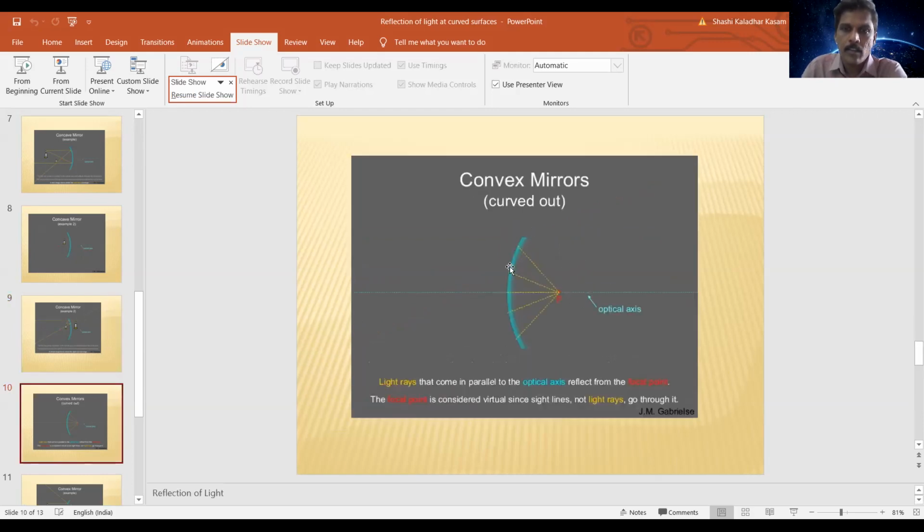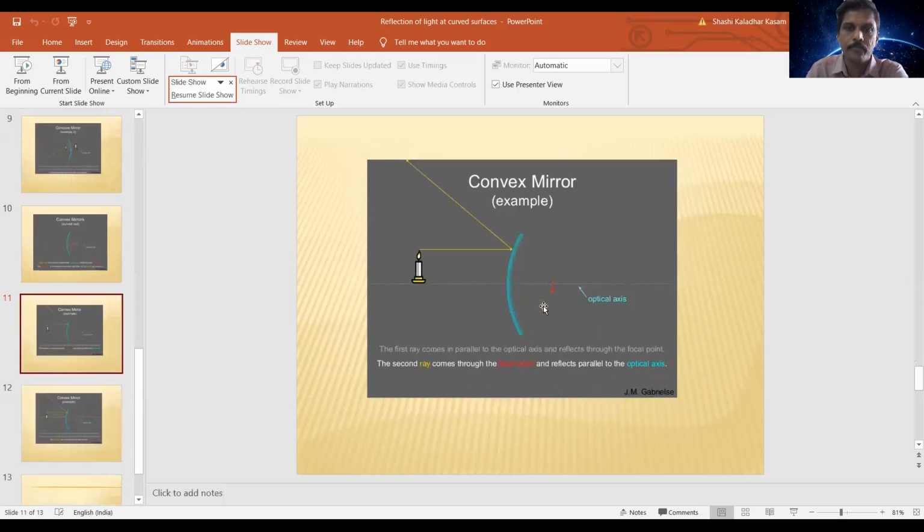See here, if you take a convex mirror, the reflecting surface is outside, it is a divergent mirror. Divergent means all the rays incident on the reflecting surface, after reflection, are not going to meet at a point. If you extend back the rays, they seem to meet at a point on the principal axis. This is called focus for a convex mirror. That means a concave mirror possesses real focus, whereas a convex mirror possesses virtual focus. And the focal length of the convex mirror is positive. That's why it is called a positive mirror.